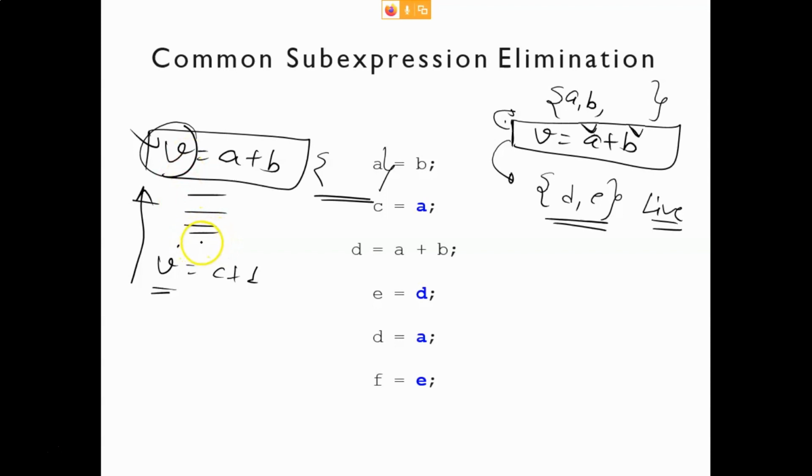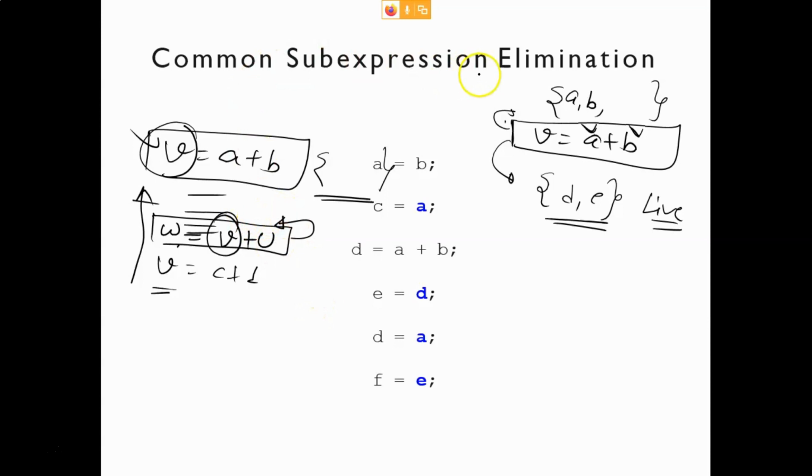Let's assume that you are using this v here, v plus u, and assigning it to w. Because you are using this v and going in the reverse direction, just before this statement you can say that this v is alive, because we have used it.